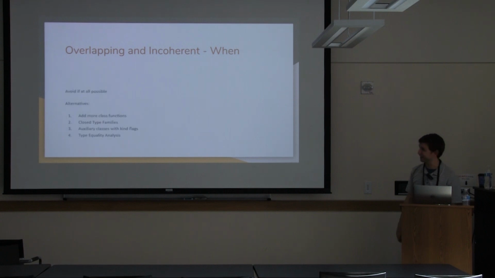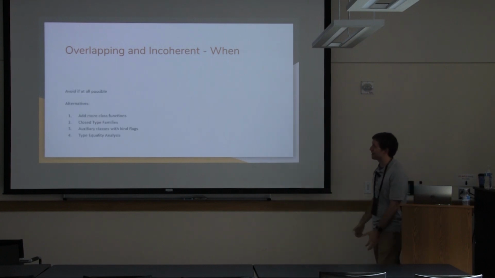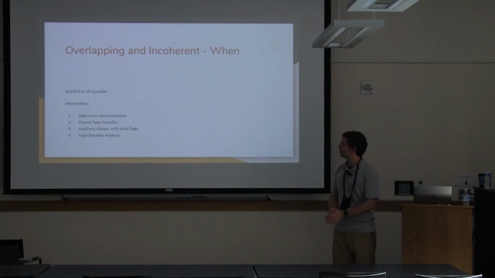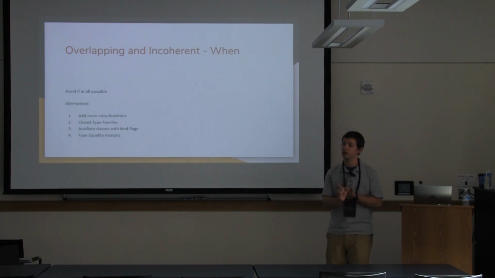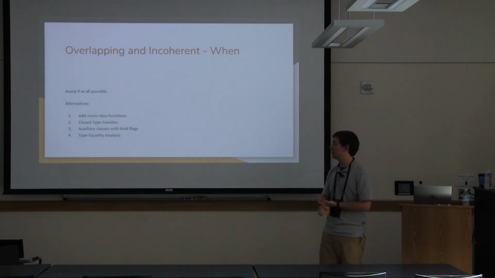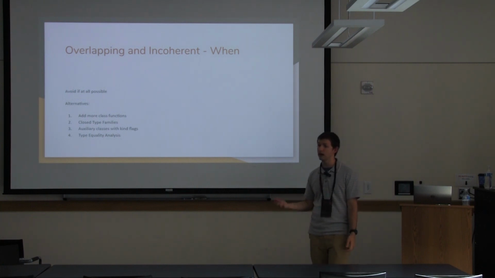Yes, which kind of leads me to this point. So when do you want to use overlapping and incoherent? And my answer to that is never. So if you can avoid ever using them, you should do so. And there's pretty much four alternatives that I've laid out. The first one is what's used in the Haskell 98 report implementation of the class Show, because you want to have a different functionality for list of Char and a single